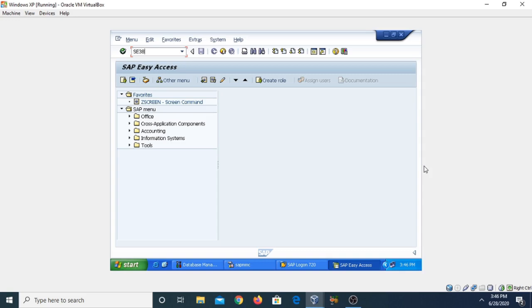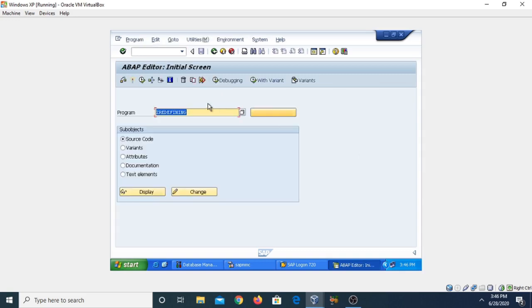Go to SE38. Now we have already created the program getRedefining for redefinition of the methods. So I am using the same program, and I will make some additions to it so that you can learn about the use of the super keyword.